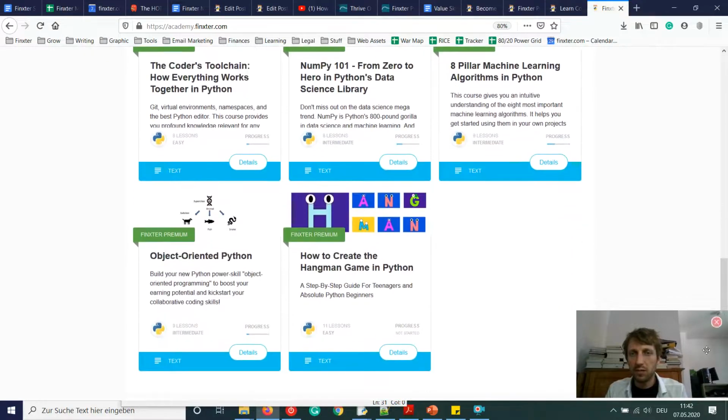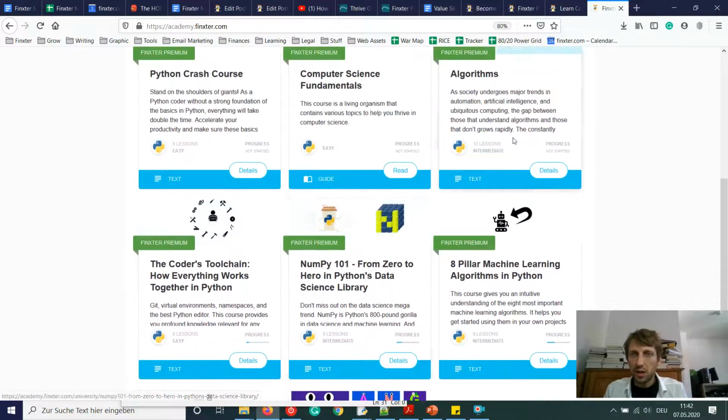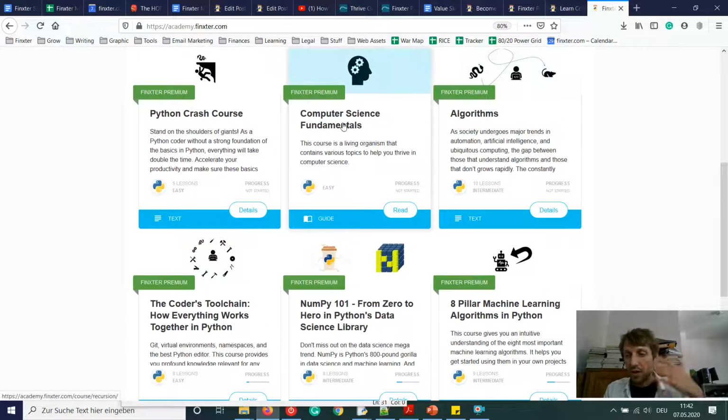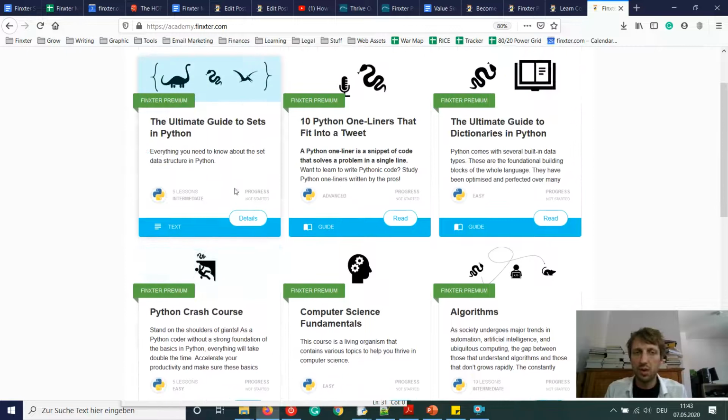So we have a lot of courses, and we add regular courses over time, and you can see courses like how to create the Hangman game in Python, this is a practical code project, object-oriented Python, machine learning in Python, NumPy, introduction to data science, the coder's toolchain, algorithms, computer science fundamentals, so to think like a computer scientist, a crash course if you don't know anything about Python, a Python crash course with many videos, ultimate guide to dictionaries,